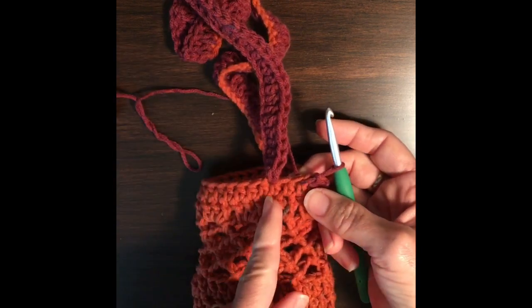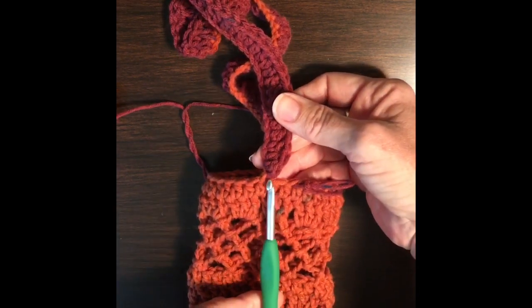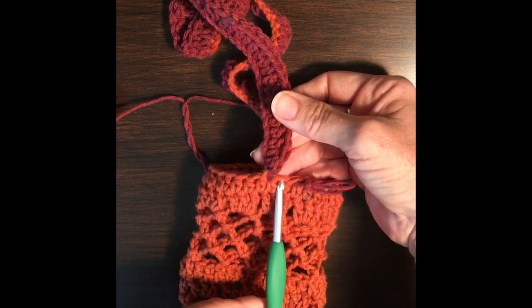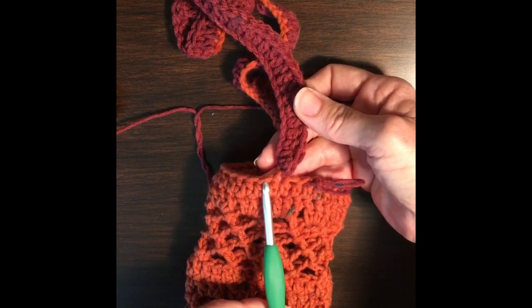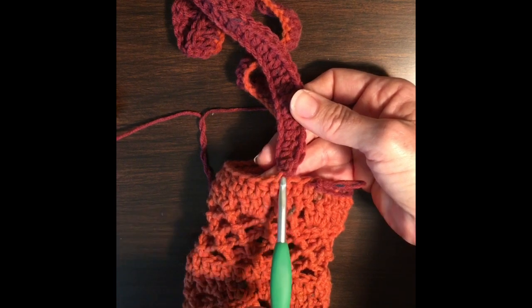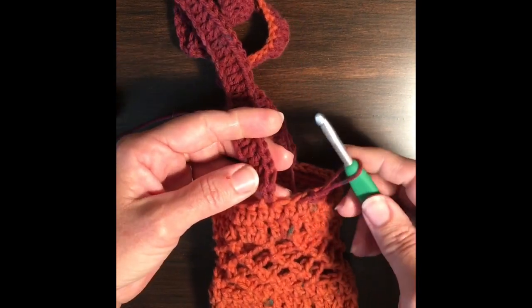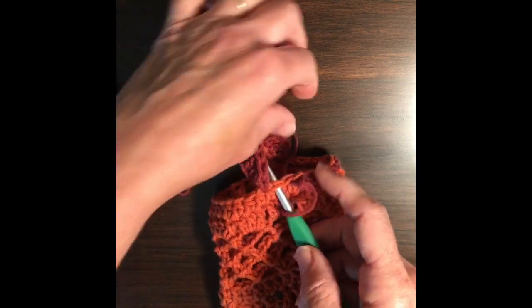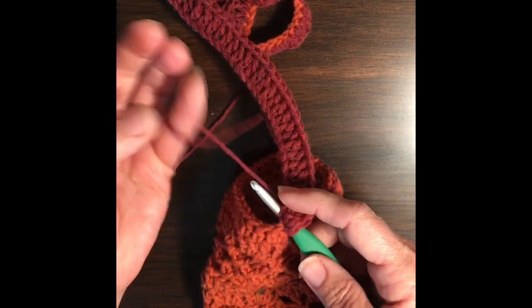And so you can see here you've got this stitch here. Right here is where our chain up is coming out of our strap, and you've got this stitch here to the left of it, or the right, and then you've got this stitch here to the other side. And each of these 3 stitches is going to get a slip stitch that anchors this handle back to the bag, or the strap. So first thing you're going to do is go into the stitch to the right of your strap, and you're going to slip stitch,